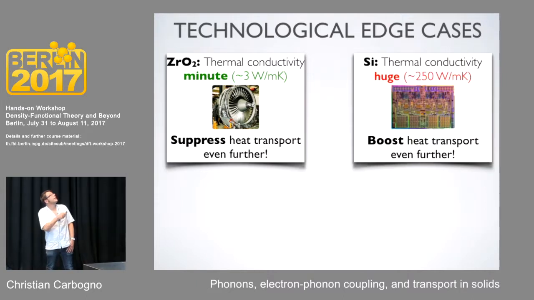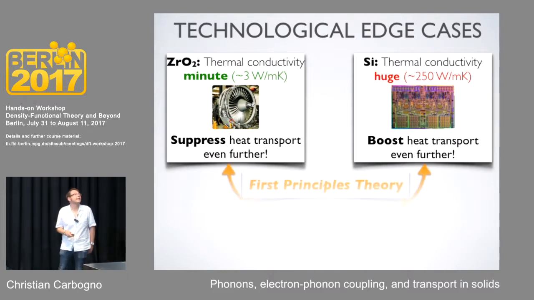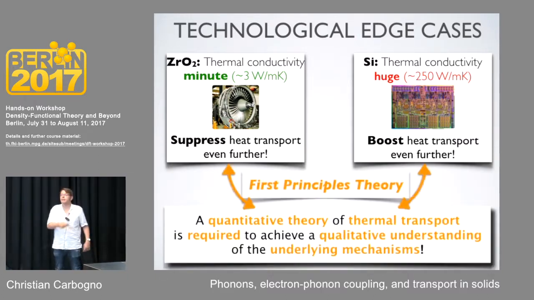So from that point of view, these are two edge cases that behave quite differently. Just discussing from a thermal conductivity point of view, this is a minute thermal conductivity, this is a huge one, and from that same kind of argument, you would argue that this is a very harmonic material and this is an anharmonic material. So they're driven by different interactions. And what I want to show you is how we can use first principles theories to really bridge the gap between these materials, describe both of them, what is important for what, and then get a qualitative understanding of what has to be changed or what has to be done to improve these materials.